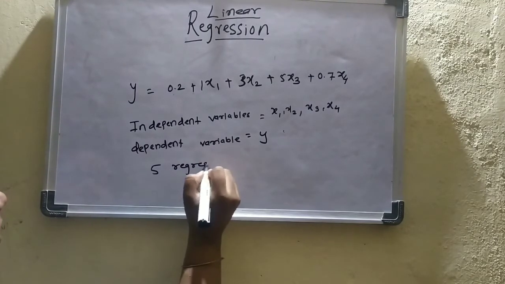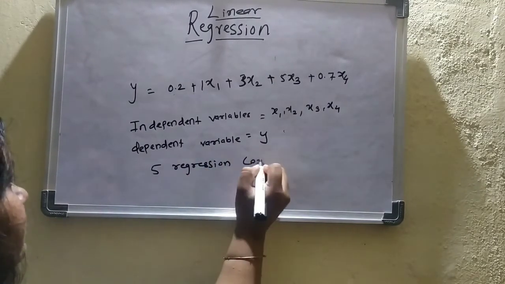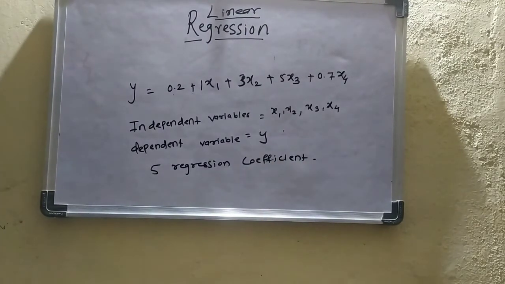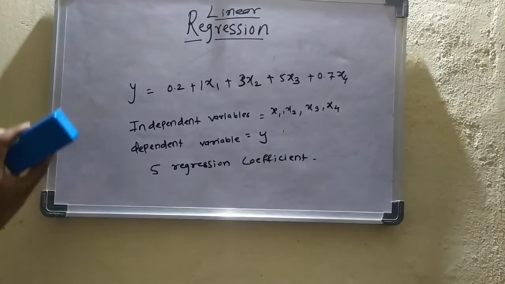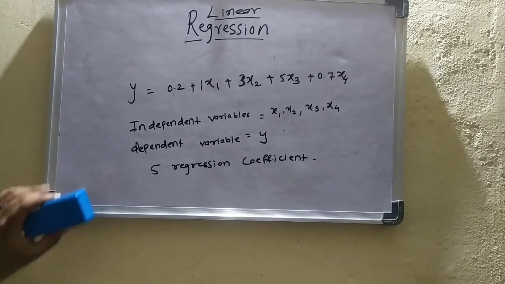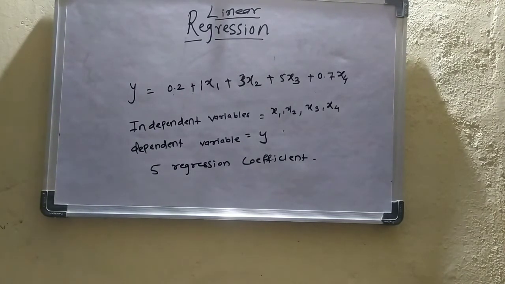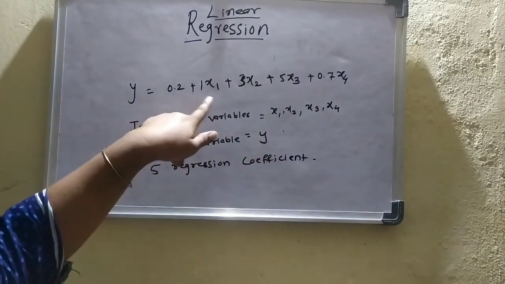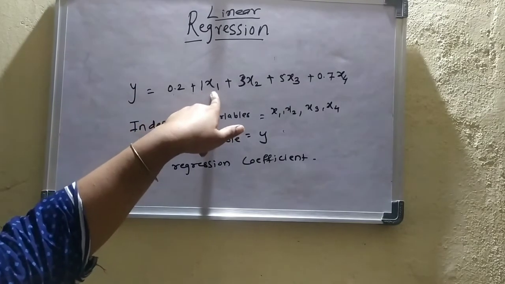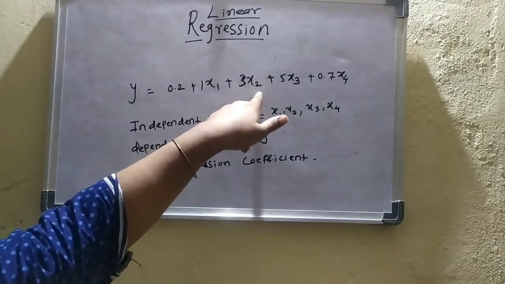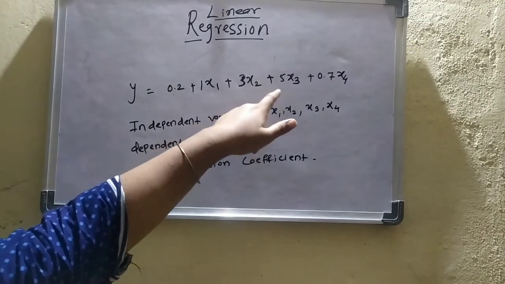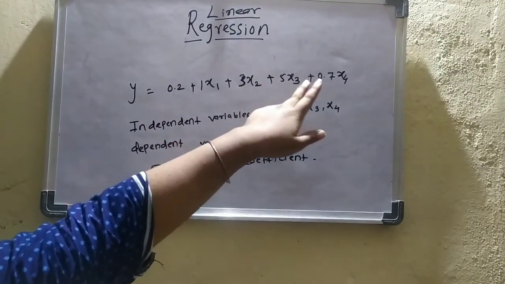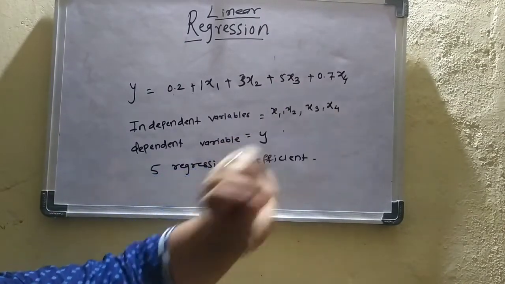regression coefficients. If we want to find out which is more related or which will provide us the better result whenever we are finding out the regression, consider the example where I am finding out the brighter student. For that I am taking 4 parameters. First parameter is attendance of the student. Second parameter is the past mark history of the student. Third parameter is the behavior of the student, and the fourth parameter is the academic record of the student.